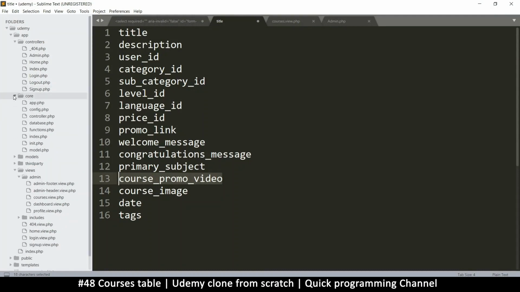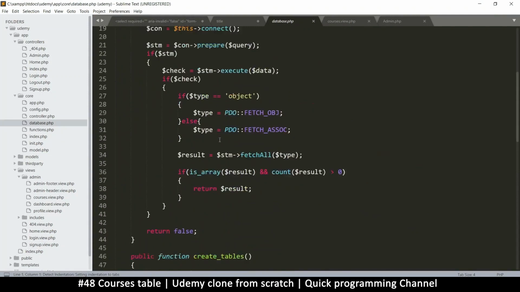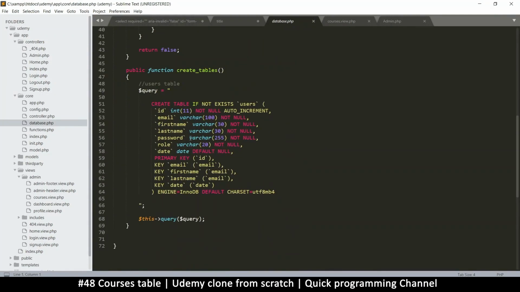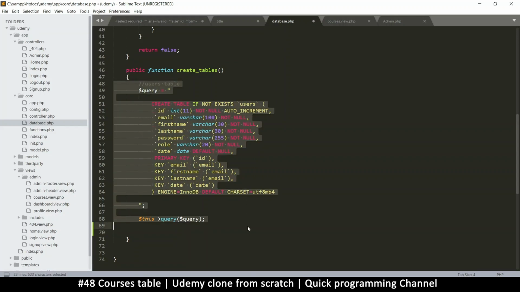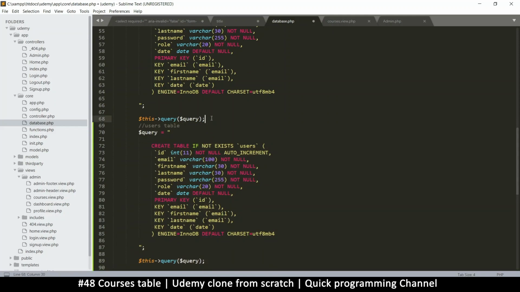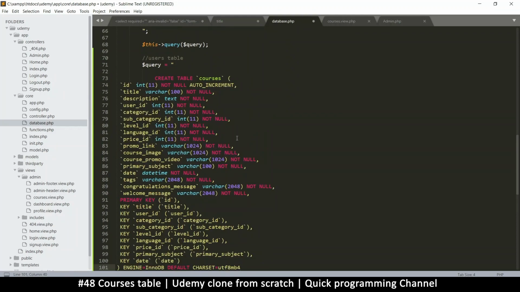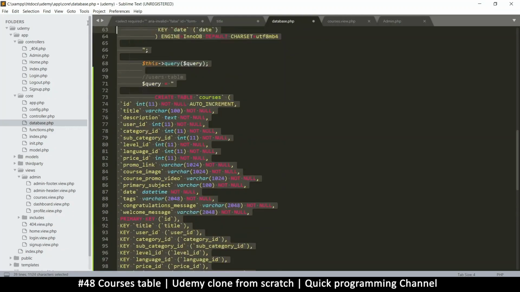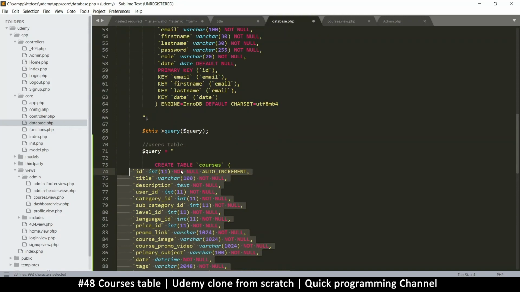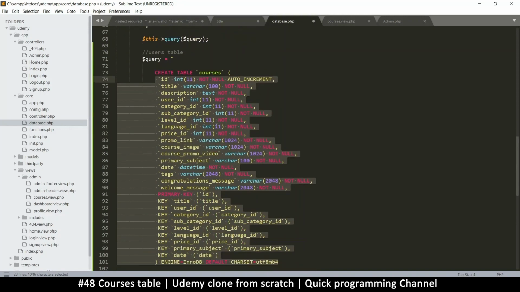So back to core. I don't remember where I added this part, I think it's in database.php. So let's go down. Yeah, this is the one right here. So we have this create tables. There's only one table here. So what I'll do is I'll just duplicate this part. So select this, Control Shift D to duplicate, and then we can just replace the content that is in here, paste like that. Okay, I'll just select it and use the tab key to move it inward like that. Alrighty then,